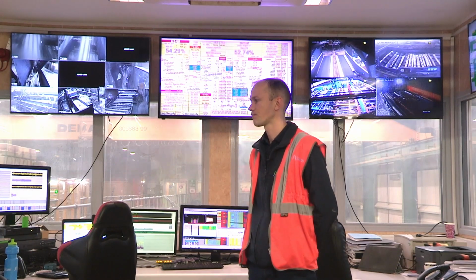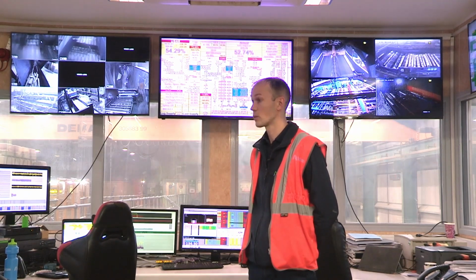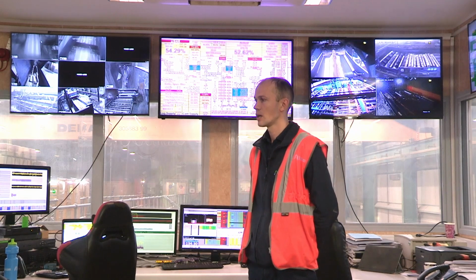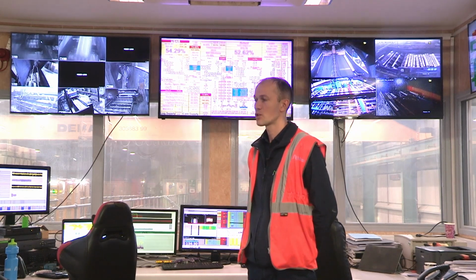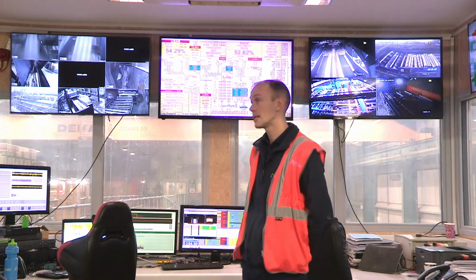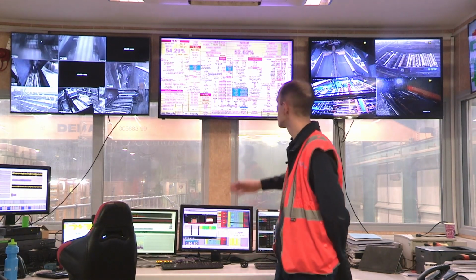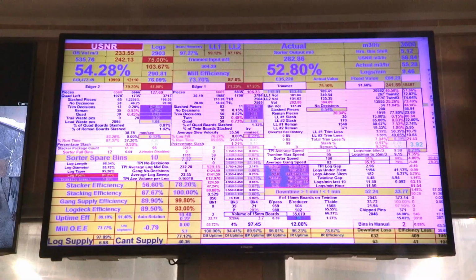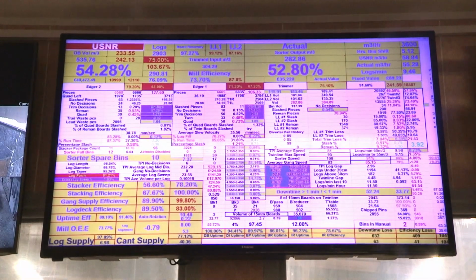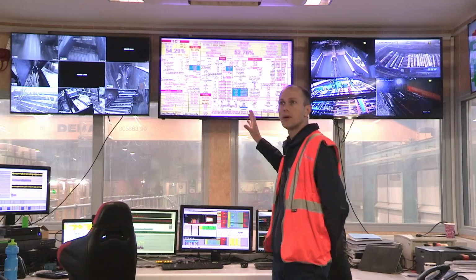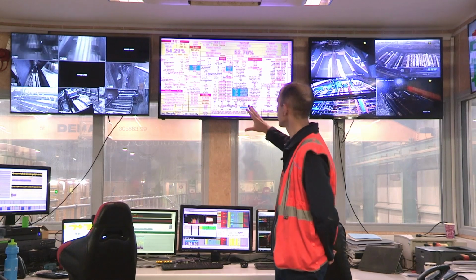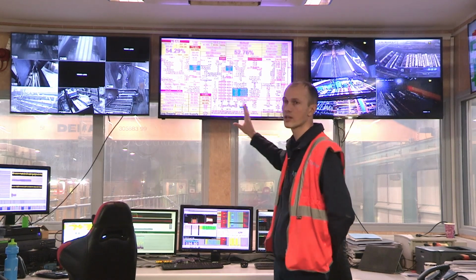And I'm going to show you a few things which I'm responsible for on a daily basis. So in front of you, you can see the main screen. We call it the KPI screen, where we can see the way the mill performs at the minute, and if anything goes wrong, we actually can act